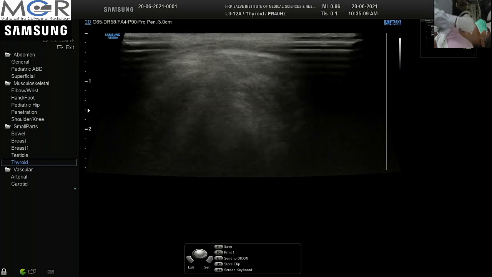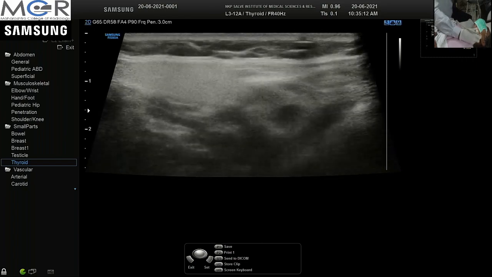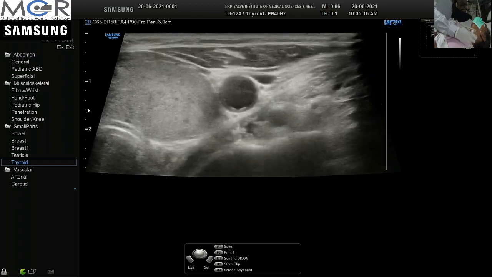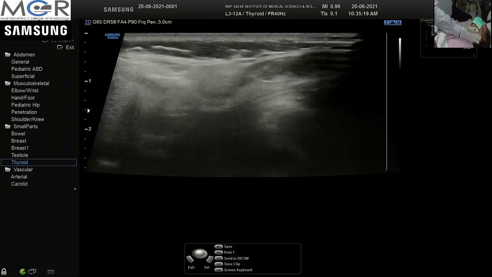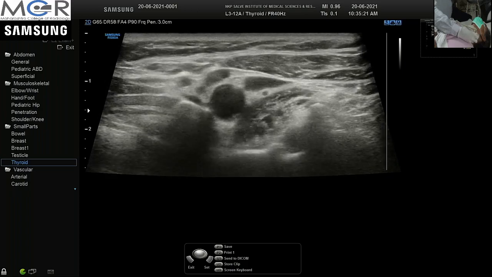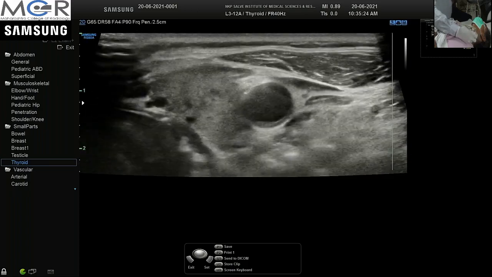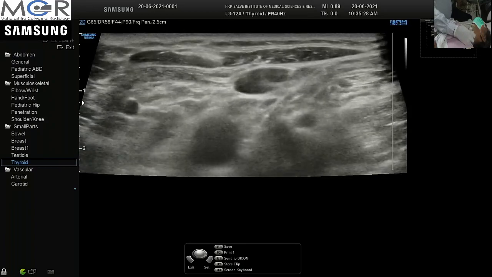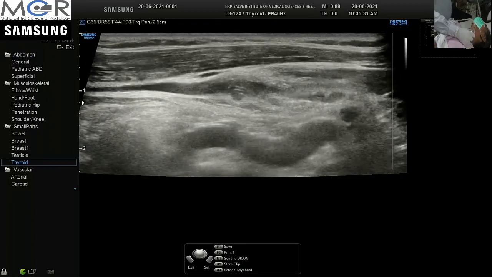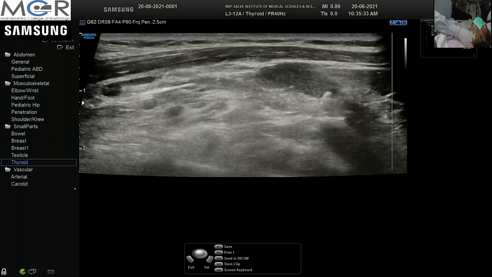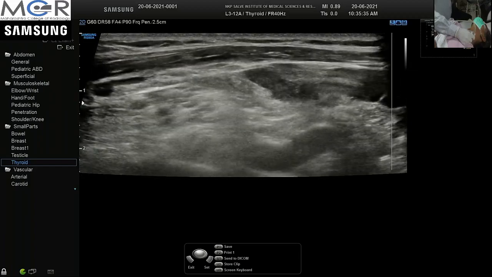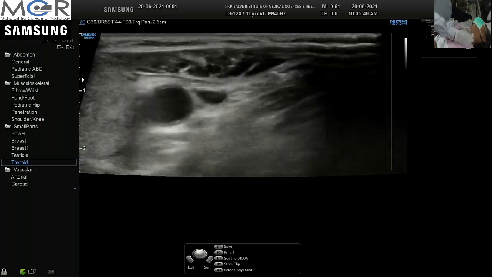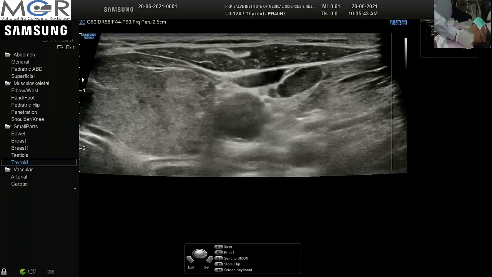And once you find such suspicious lesions, always scan again, re-see the area where you can find the lymph nodes. So we go back and try to see whether we have missed any small lymph nodes there. So this is a small lymph node here. You can see that there is a calcification in that lymph node, and we try to see more characteristics.